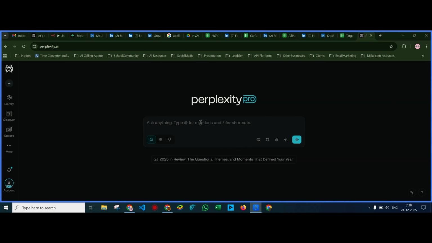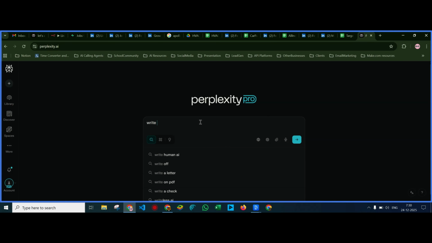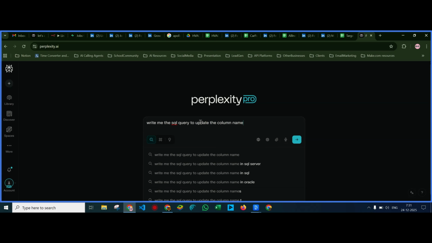Okay, so we are gonna use Perplexity to write the SQL query. I'm showing you this because my purpose here is to show you that you don't need to know how Supabase works and you don't need to know coding, and you can do all of these things using AI. That's what I am intending to show you. So I'm gonna come here and write, write me an SQL query to update the column name